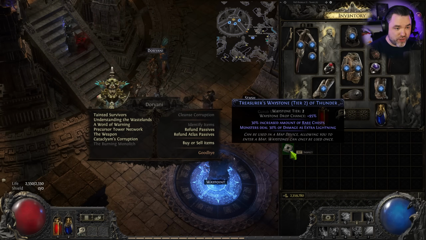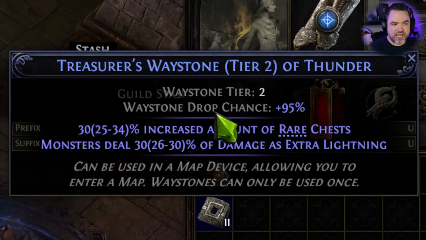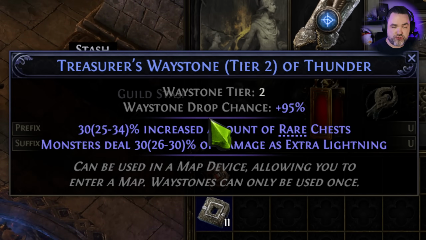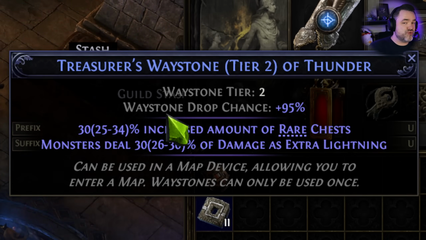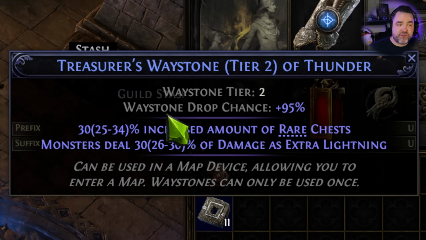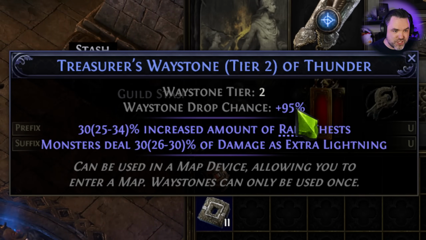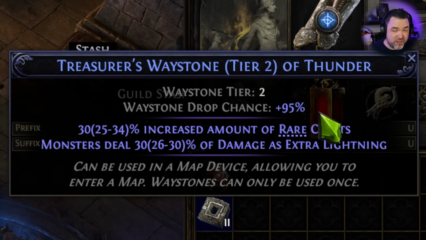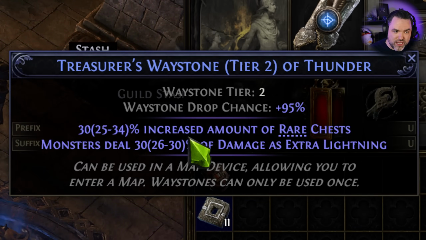The first thing that I want to point you to is going to be right on the item itself, and that's the implicit stat on the Waystone, which is going to be Waystone drop chance. This will be a scaling modifier on the Waystone itself that will increase the likelihood that Waystones drop in the maps that you're doing. So generally you want to try and save your best ones for maps that have the best chance of dropping Waystones, and usually that means boss maps. So you want to pay attention to this. This number can be 0, it can be 350%. It all depends on the modifiers and the value and the rarity and the quality of this map that you're